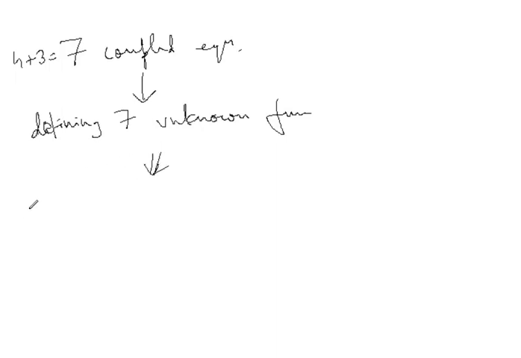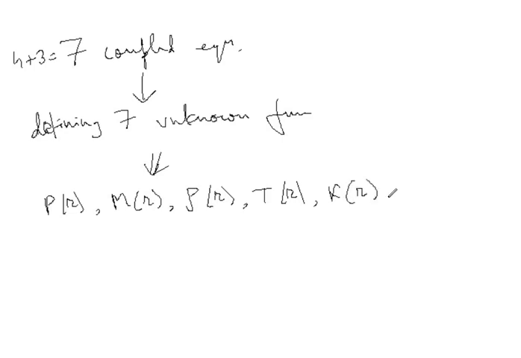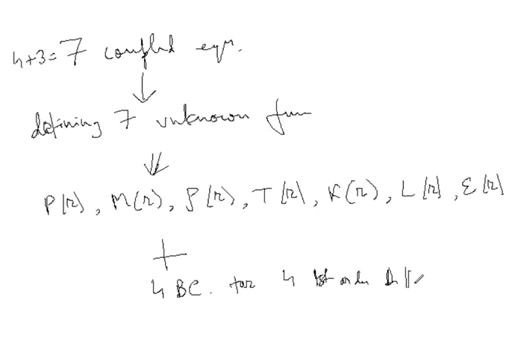Well, they are pressure, mass, density, temperature, then followed by opacity, luminosity, and our energy generation rate. Okay, and how many boundary conditions are there? Along with 4 boundary conditions for 4 first order differential equations. Okay,